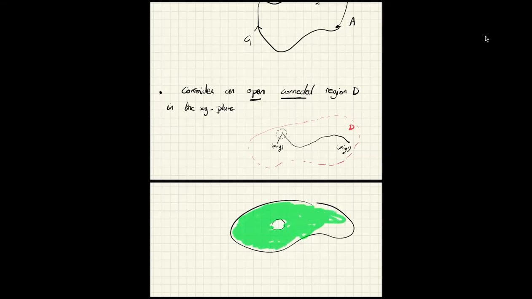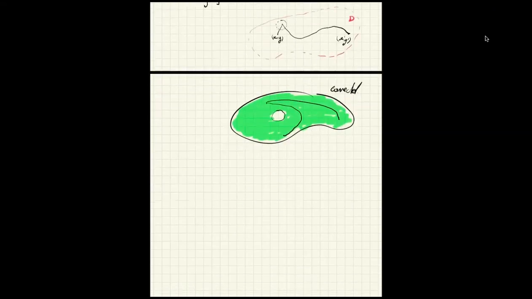But it's connected, which means that if I give you two points, you can find a curve that's going to avoid and go around this hole. Connected. Okay? And for this kind of open connected regions, okay? So theorem,